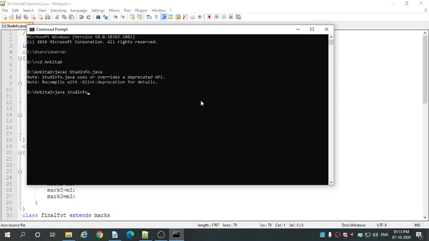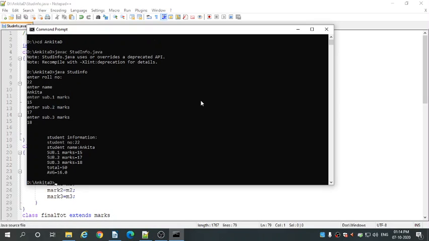It is asking you to enter roll number, so I'll pass 22, press enter. It is asking you to enter the name of the student, so I'll pass Ankita. Then enter subject 1 marks, I'll pass 15, subject 2 marks 17, and subject 3 marks 18.